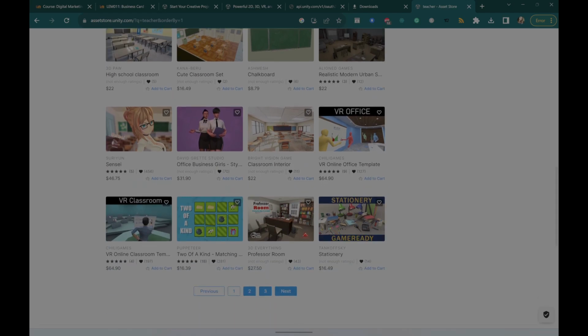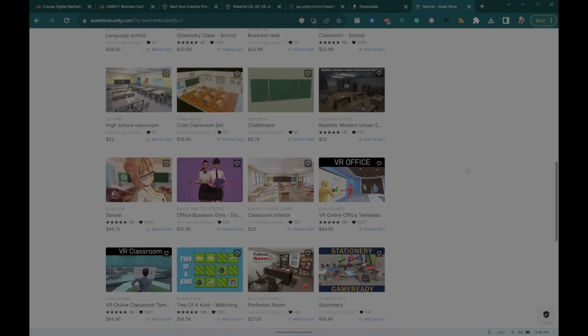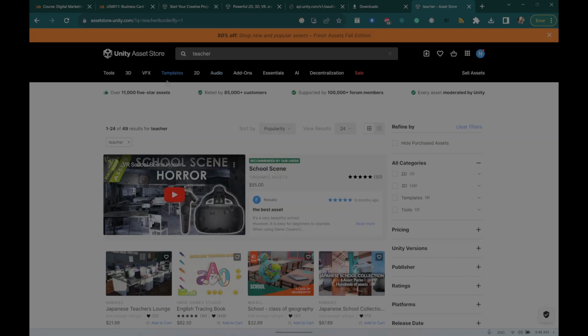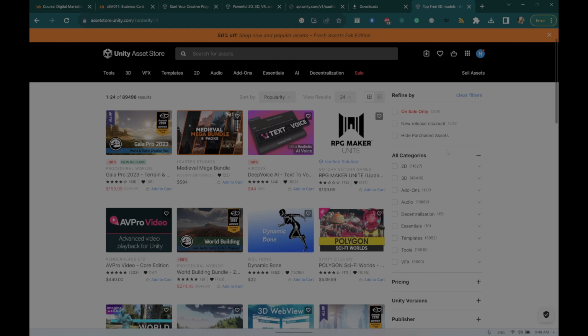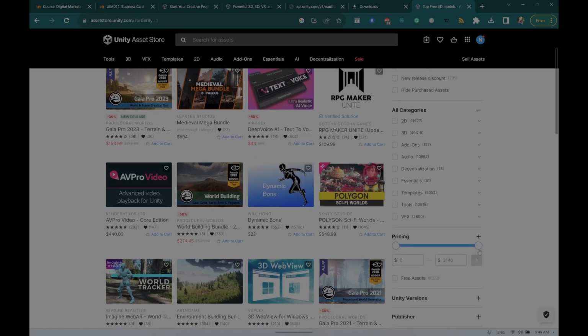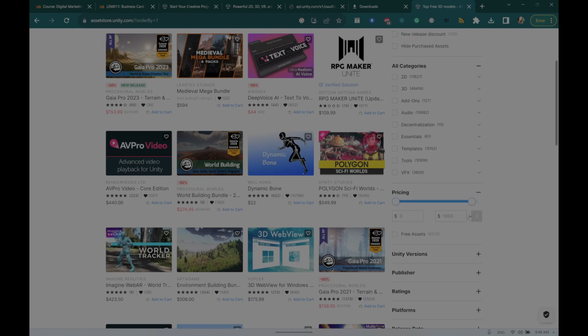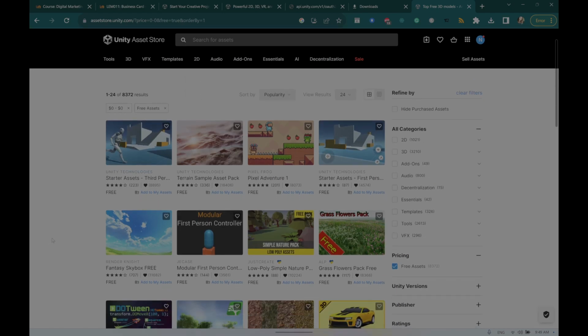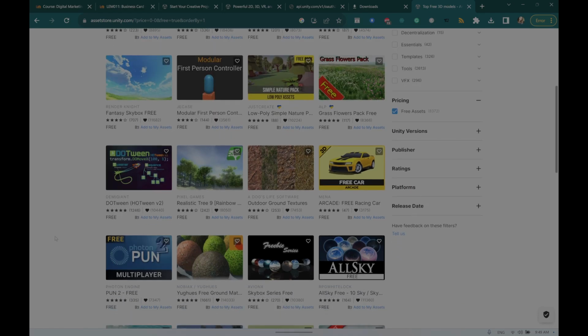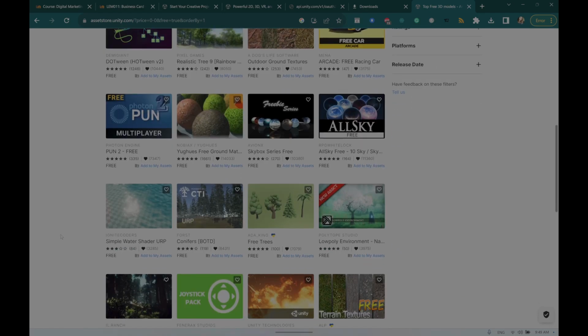So it's quite interesting. They are here mostly paid. They are not for free, but you could in fact look through the store so that you can see if there is anything free. I think you can add here on sale only or hide purchase new release. Where is the price? The price, I put 0. So you could just put I want it to be 0, meaning free assets, only free assets. Show me only free assets, and then hopefully you can find something interesting to show on top of your